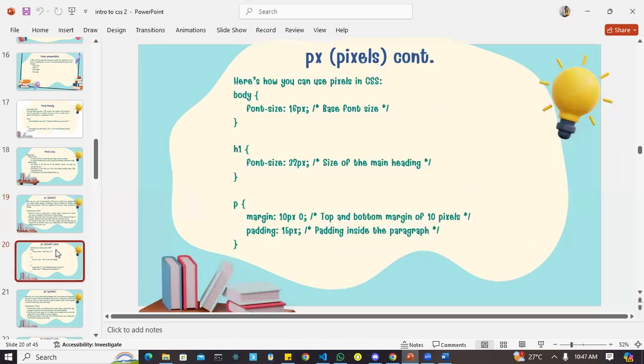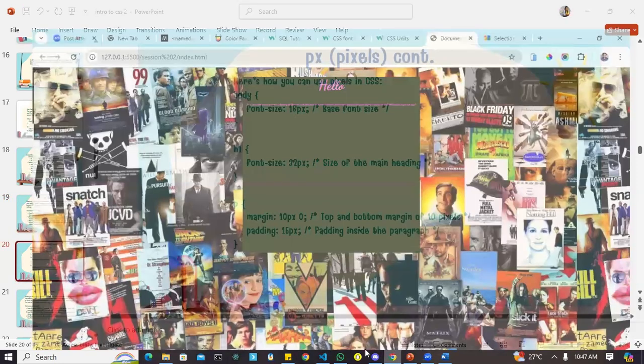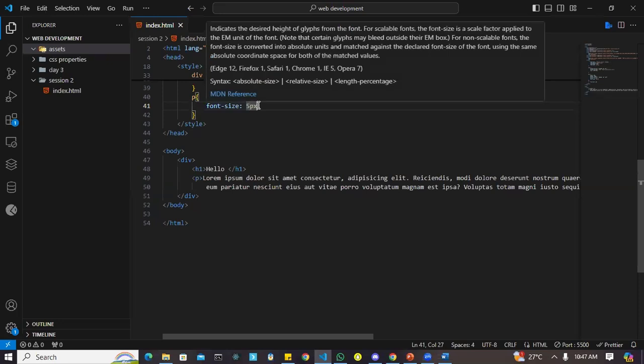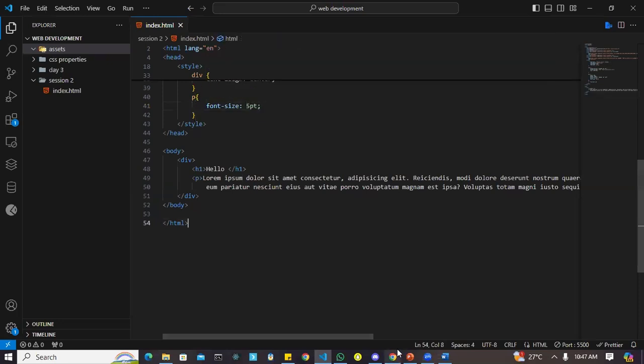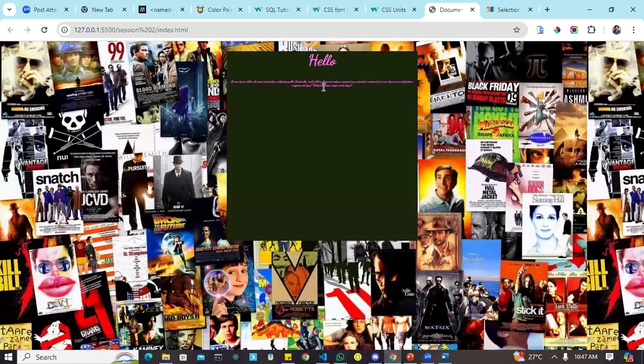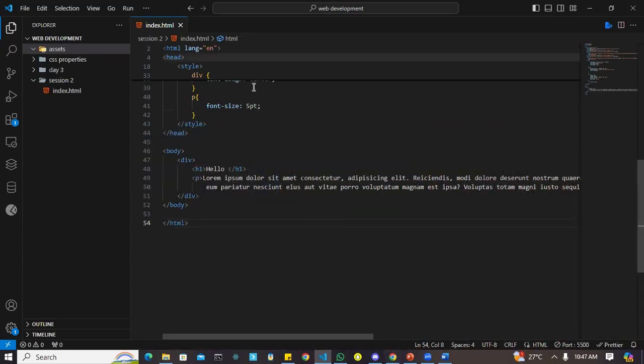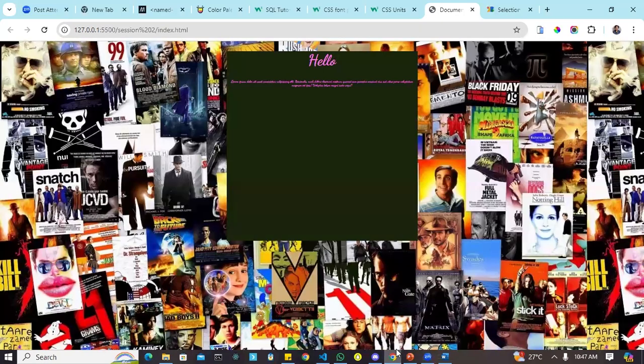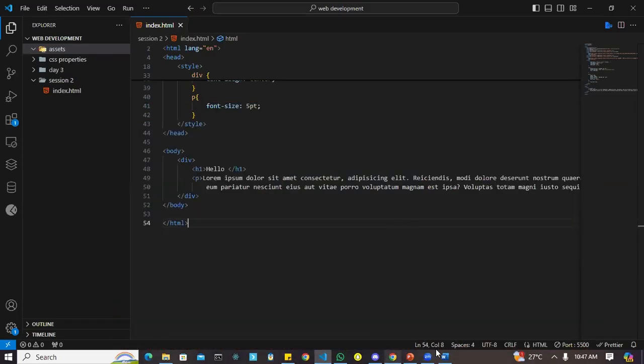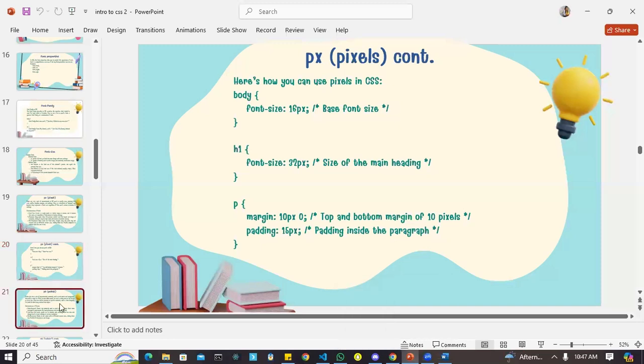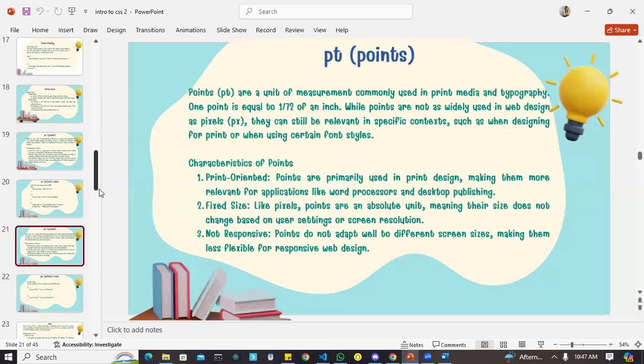And we have the points. So let me just change this to point instead of pixel. Okay. So you see, it's a little bit bigger. Initially, it had just one line. Now we have 2 lines because a point is a little bit bigger than a pixel. Okay. So it works the same way, point and pixel. Yes, and they are fixed. So let's go to the next item,